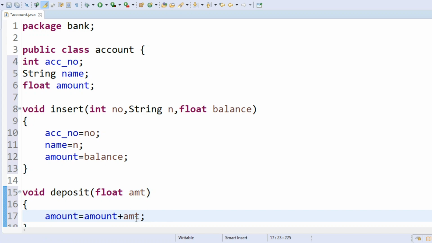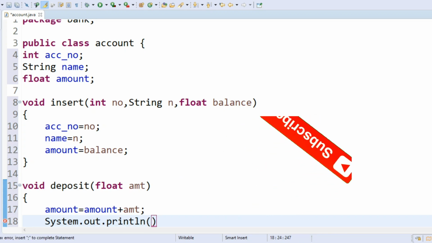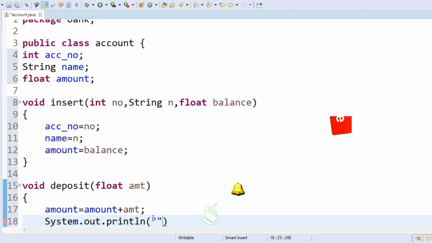Here AMT represents the amount that you are depositing. After depositing I should get a statement of how much I have deposited. So I use system.out.println deposited, and how much deposited? That means plus amount.